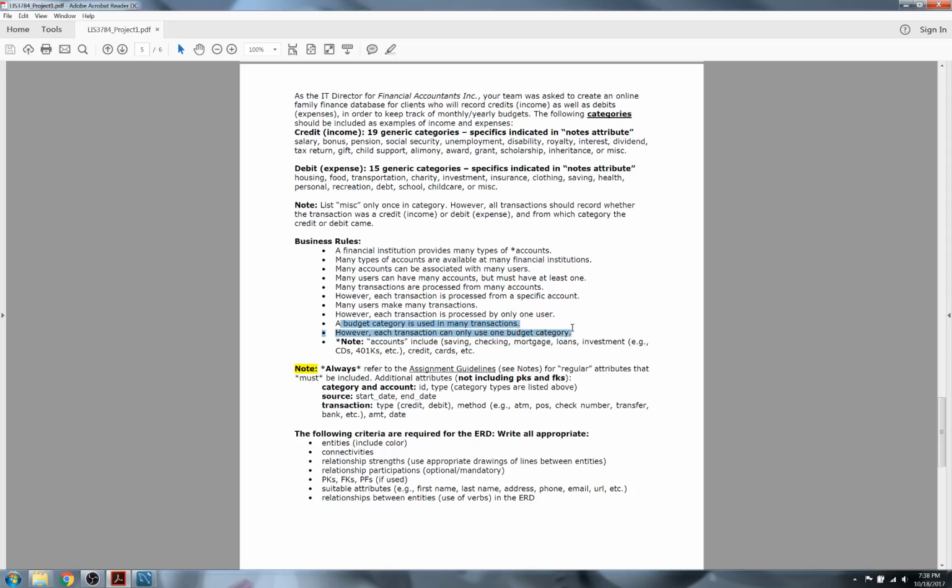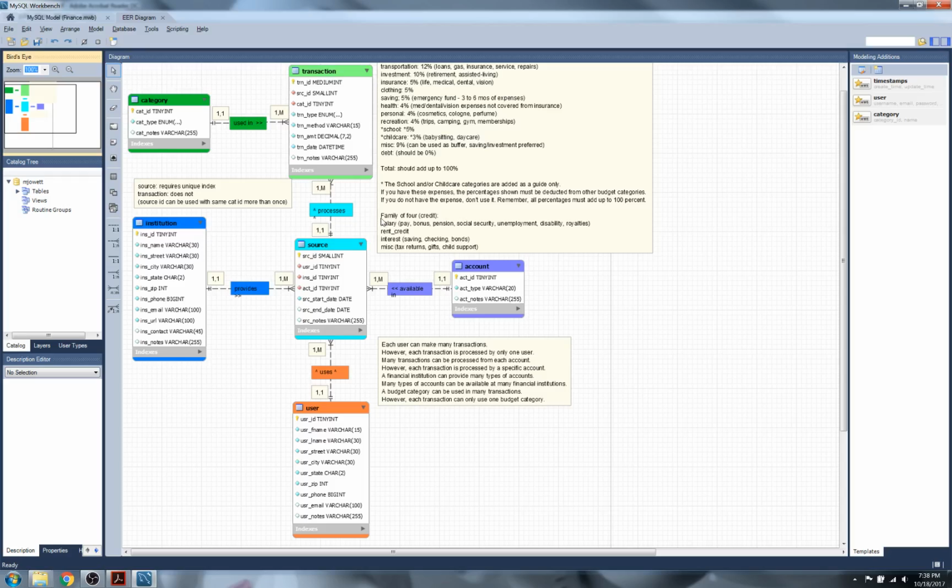However, each transaction can only use one budget category. Here we have that category is used in many transactions. However, each transaction can only include, you should say, one category. Now, if you wanted to extend that, which we're not doing in this particular